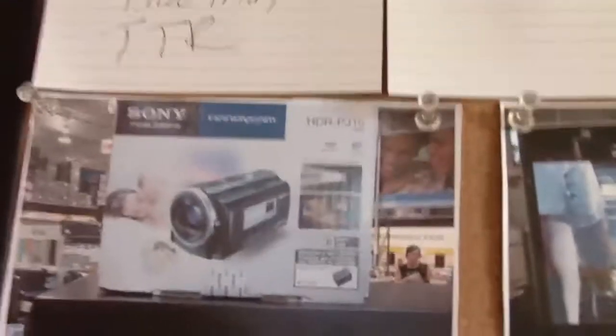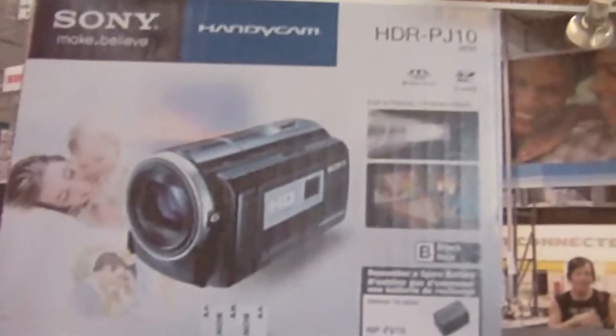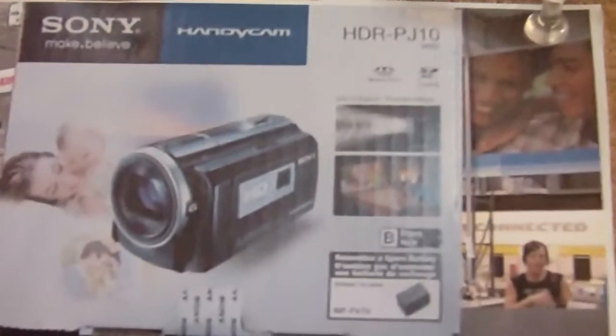A new HD DVD. This is a projector Sony Handycam. It's what I want. It's what I'm looking for right now. And the price of this is,